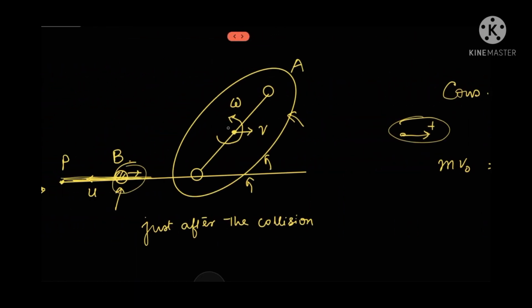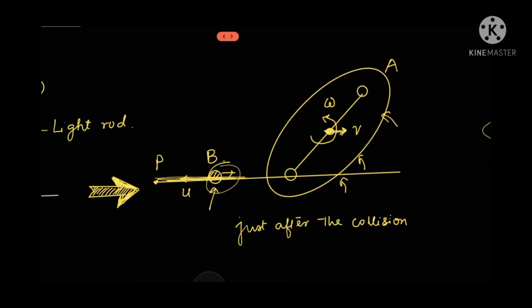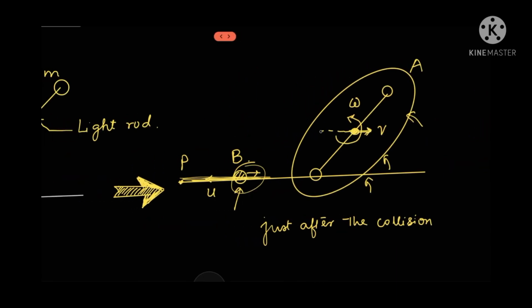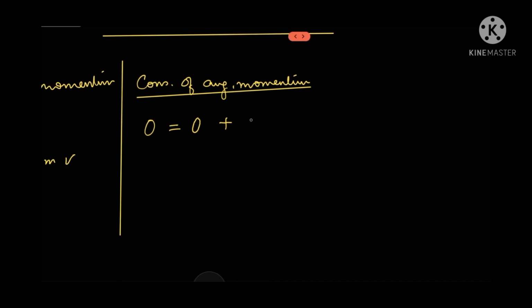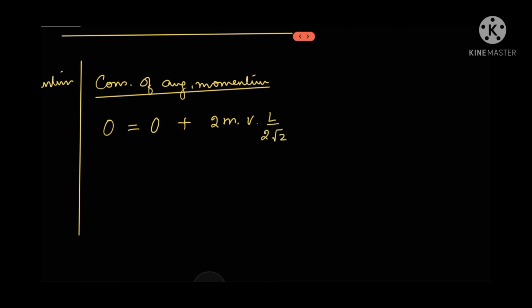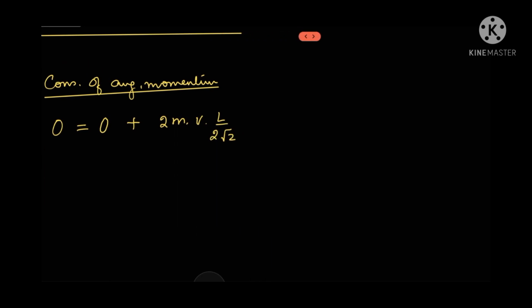So what is the angular momentum of center of mass? The center of mass is a particle of mass 2m and its velocity is v, and its perpendicular distance from P is equal to L by 2 root 2, that you can check. This is L by 2, this is 45, so this distance is L by 2 cos 45. So angular momentum of center of mass is 2m v L by 2 root 2,